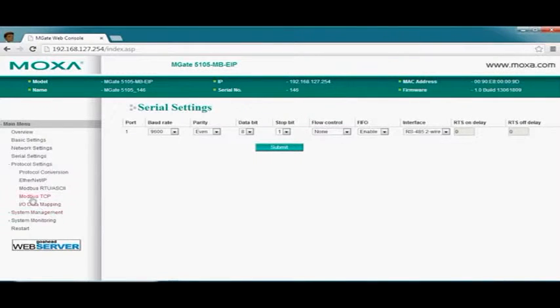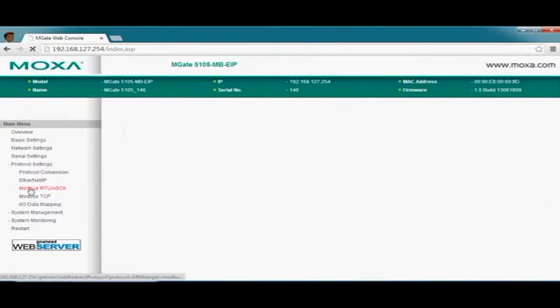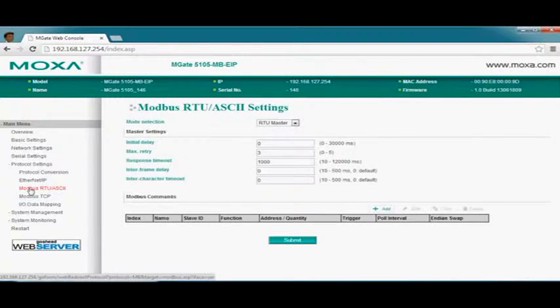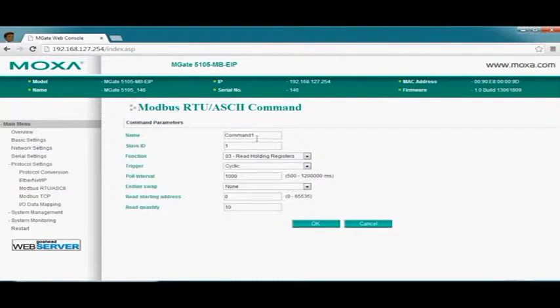Once we've done that, we'll go ahead and define the values we want to look at from the PLC. So we'll click on Modbus RTU. And here we know that the MGate is going to be a master. We're going to add some registers to pull. Let's call this the VFD, and we're going to read some data out of the VFD. We're going to start from register 5, and let's just keep this for reading 10 registers, and we'll submit these